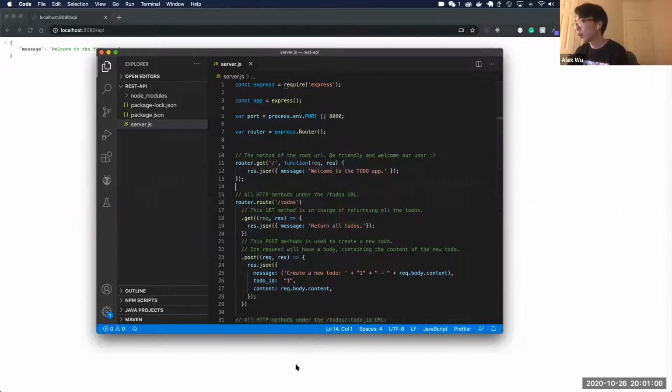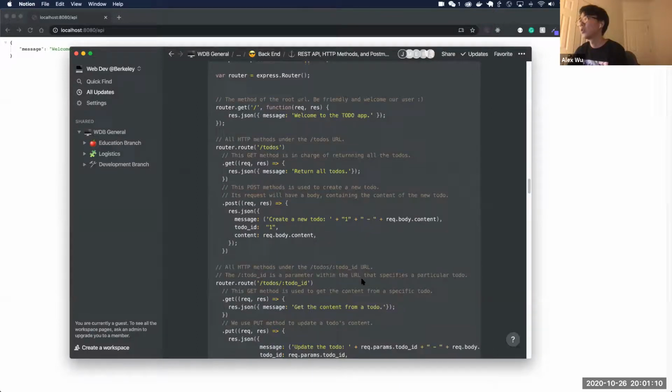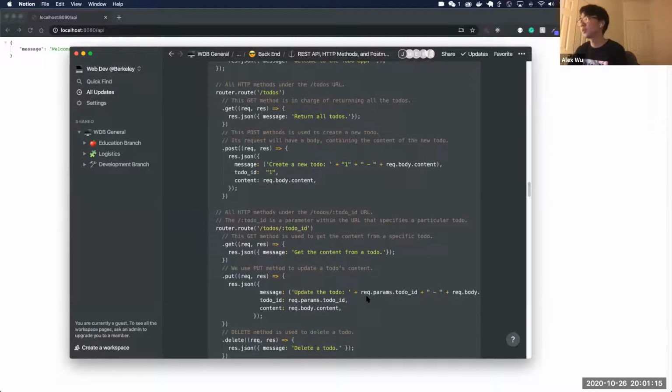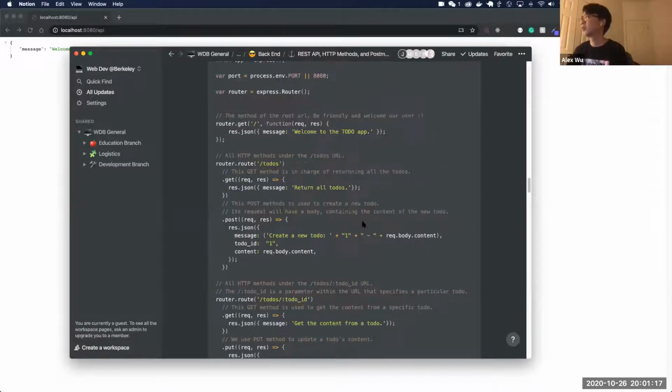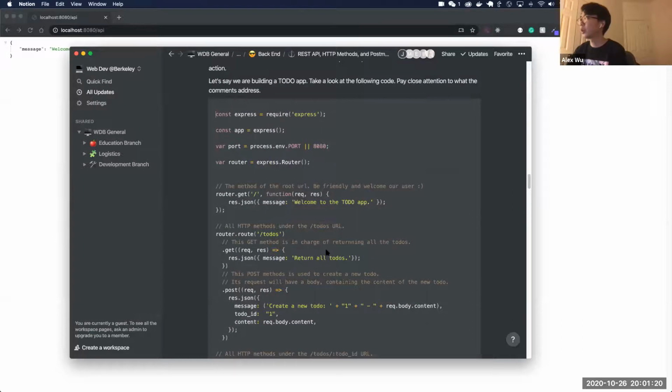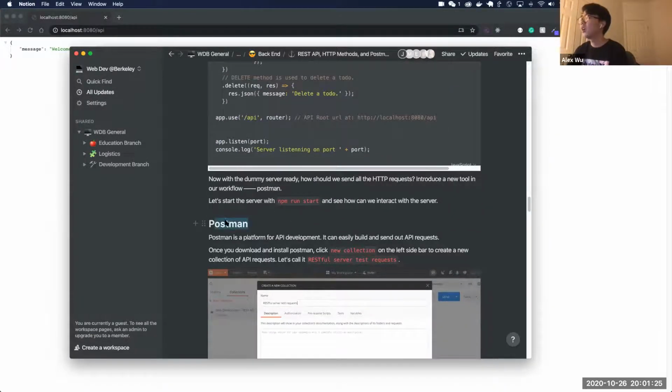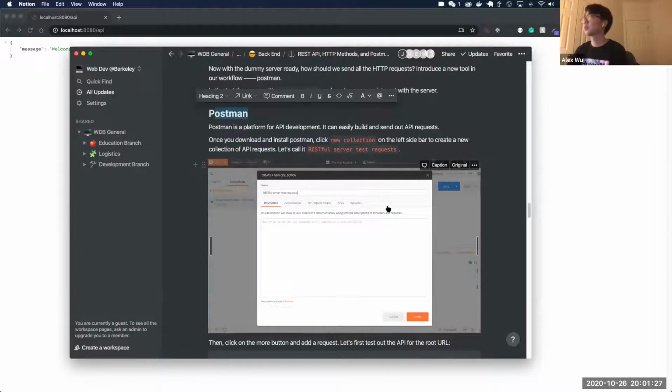And actually, before I go through this, are there any questions for the setup? I recommend you all set it up now, because after we go through all the code, we'll be talking about how to use Postman. After you set up the server, you can try it out with Postman by sending HTTP requests to the server that we just set up. So yeah,